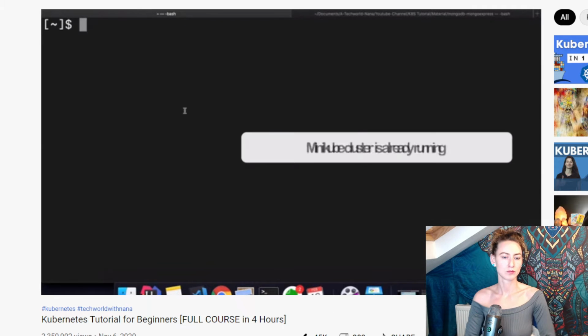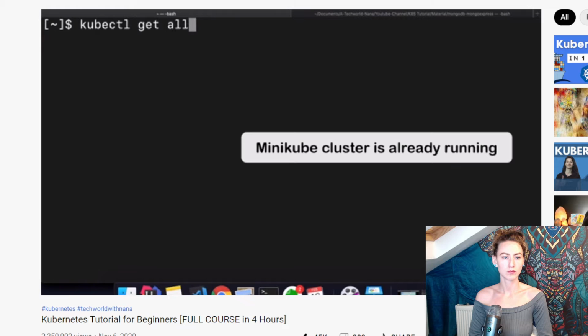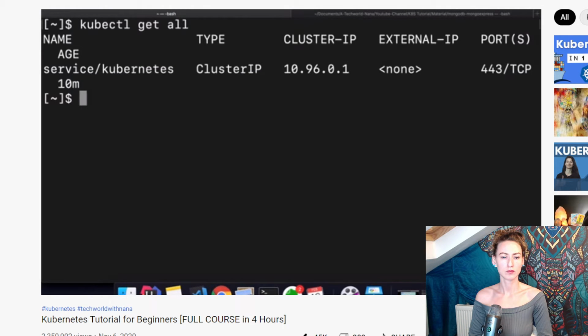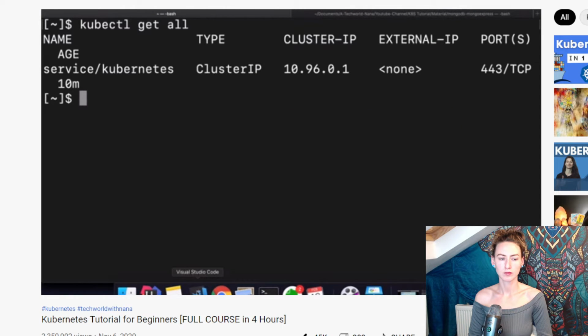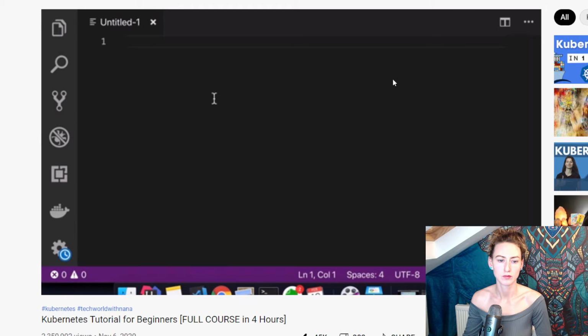So first of all, I have a Minikube cluster running. If I do kubectl get all, which basically gets me all the components that are inside the cluster, I only have a default Kubernetes service. So my cluster is empty and I'm starting from scratch. So the first thing that I said we're going to do is create a MongoDB deployment. I usually create it in an editor. So I'm going to go to Visual Studio Code and